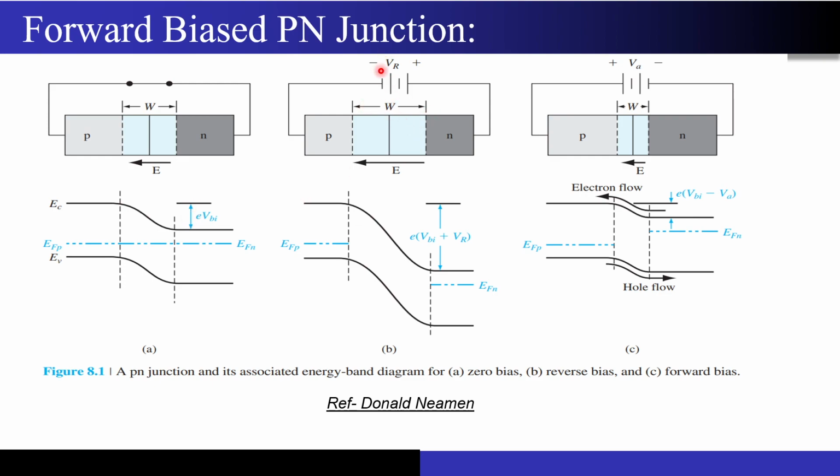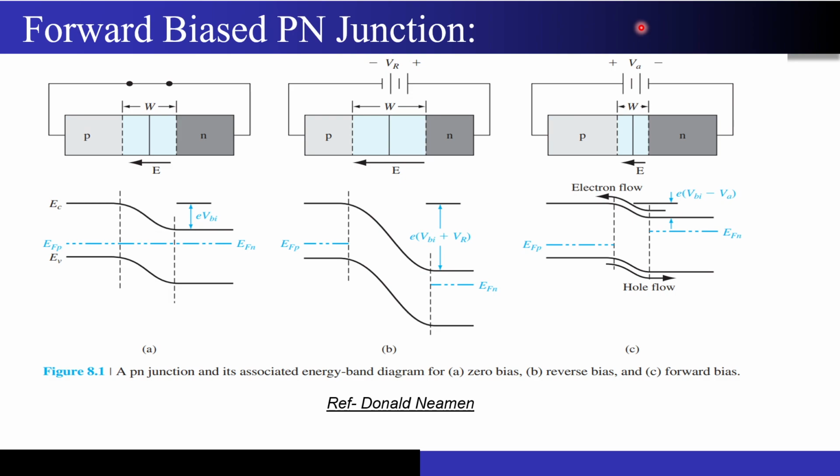Now when we applied a reverse bias, what did I tell you? The left side will try to go up, and the right side will try to go down. So this bending will increase, by what factor? Q times VR, right? And since you are applying the bias, your Fermi level concept will be broken into quasi Fermi levels. So this is the P side, so I have a quasi Fermi level EFP on the left side, and EFN on the right side, right?